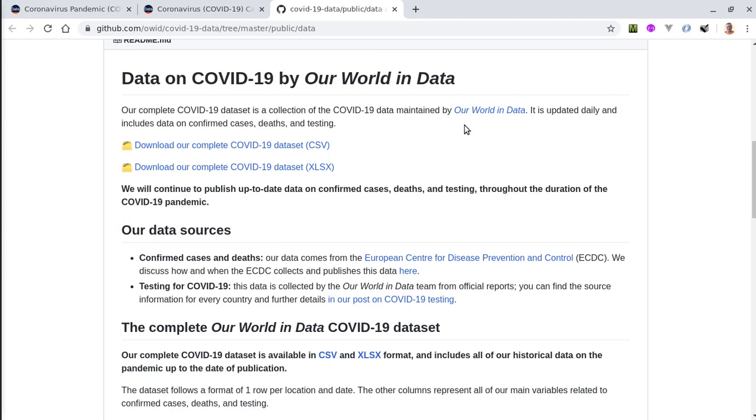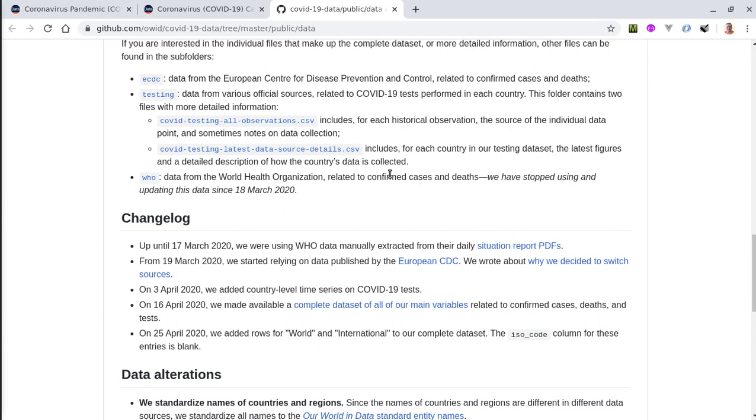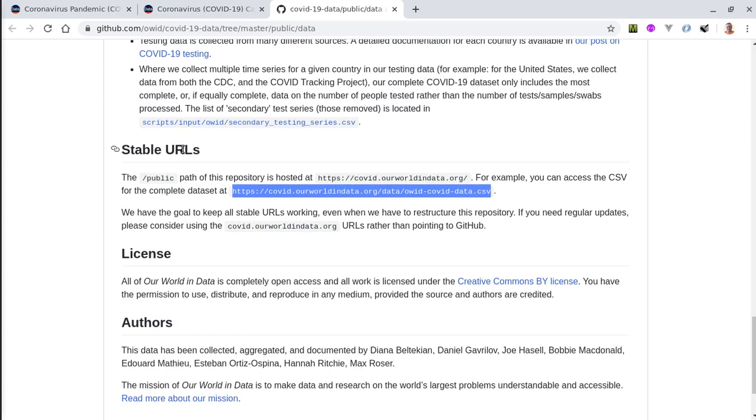You're over here, and here's where you can download the data set, but it also says, what it suggests. You read through it, but here it says stable URLs. This is a public path of the complete data set, and it said you could get it here. So I copy this data set here,